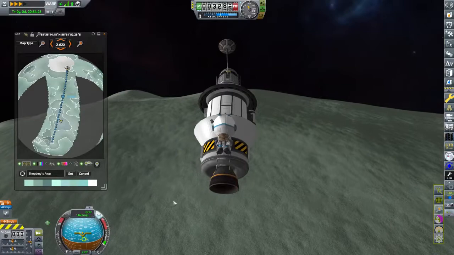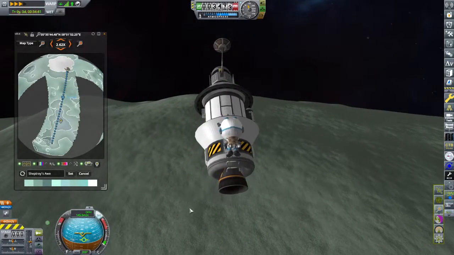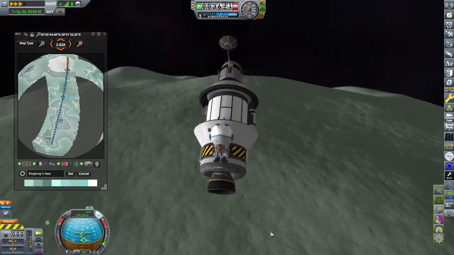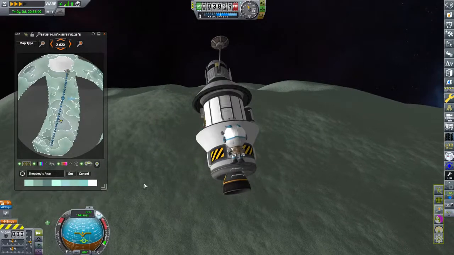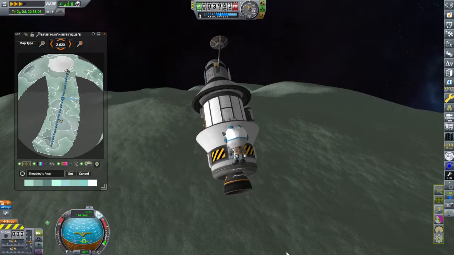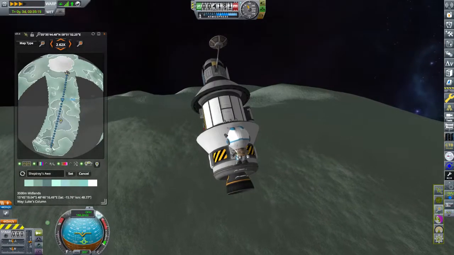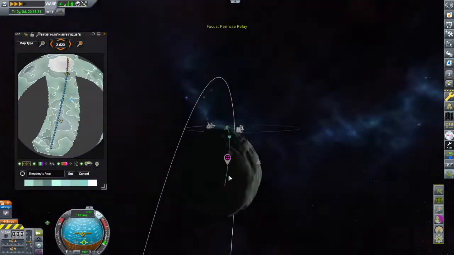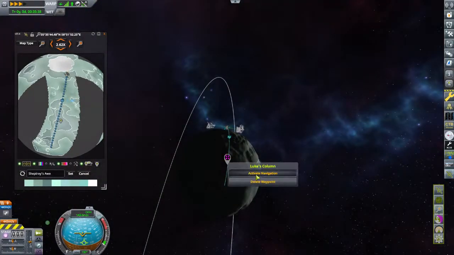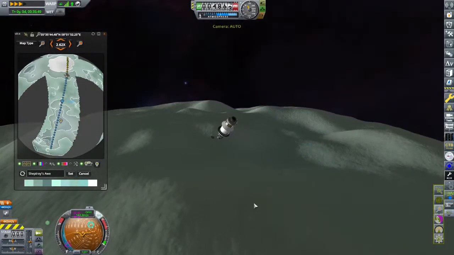I can't take an EVA report at the moment. That's because I'm not focused on Bob. That's fine though. Seem to be covering distance relatively quickly. I'm a little bit worried that... Look at the way the camera's rolling. I'm a little bit worried about that, but I'm sure we can figure something out. That goes all the way around. Wait a minute. Did I thrust too much? No, we're good. Ah, look. Activate navigation. Oh, yeah. Okay. Turns out it didn't...